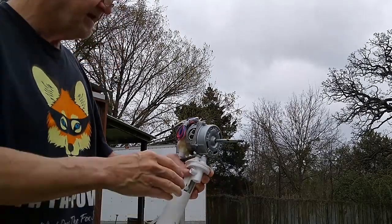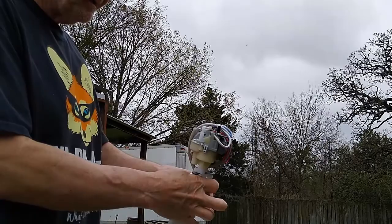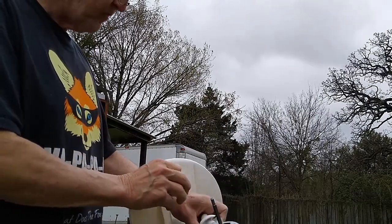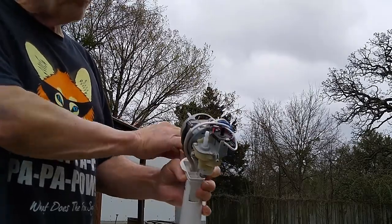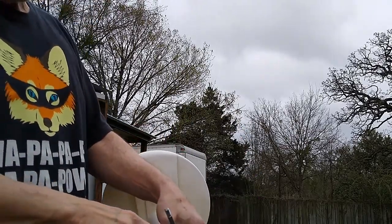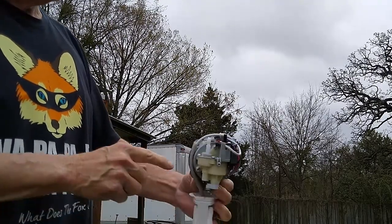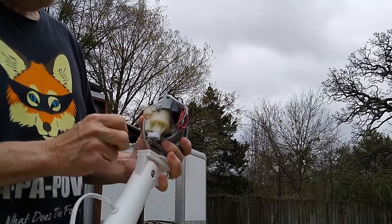Actually, not a lot of stuff in this one. It's relatively clean inside, so we don't have to do a whole lot to it other than lube these bearings. The front one we can get to, the back one we can't. And so what I'm gonna do here